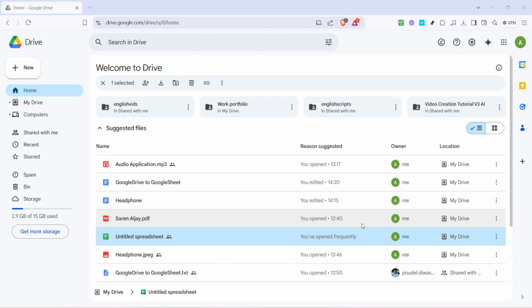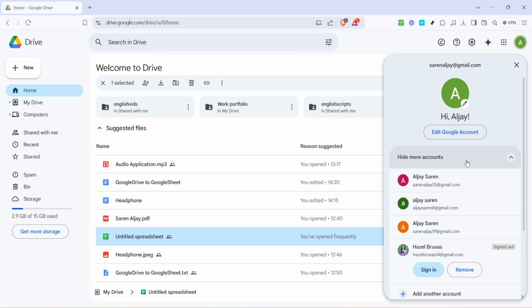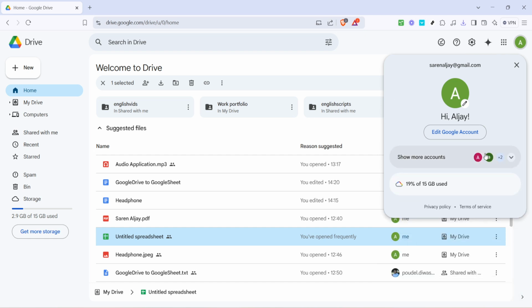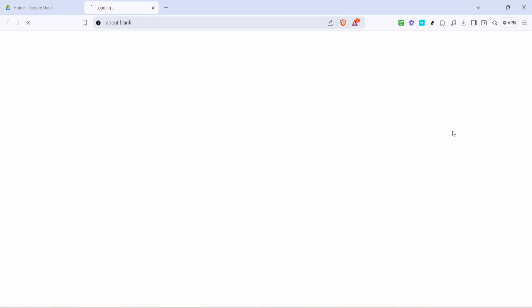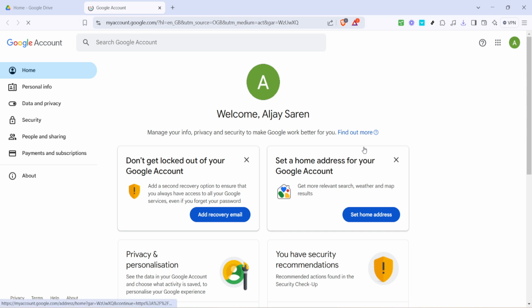First things first, you'll want to head over to Google Drive. Open your preferred web browser and navigate to the Google Drive homepage. Once you're there, locate your profile picture, usually at the top right corner of the screen, and give it a click. This action will bring up a drop-down menu with different options. Here, you need to select the option that says Edit Google Account. This is your gateway to accessing various personal settings, so make sure you're in the correct account if you have